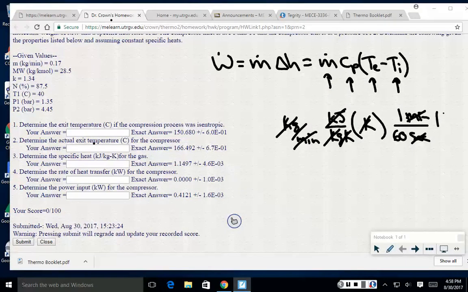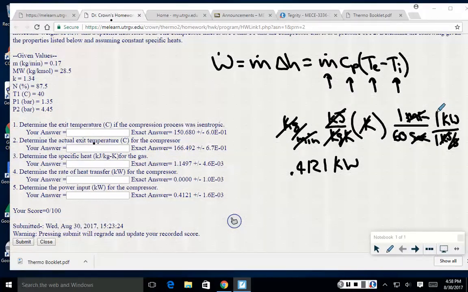And 1 kilowatt is 1 kilojoule per second, so seconds cancel, kilojoules cancel, and we're left with kilowatts. So I get 0.4121 kilowatts,